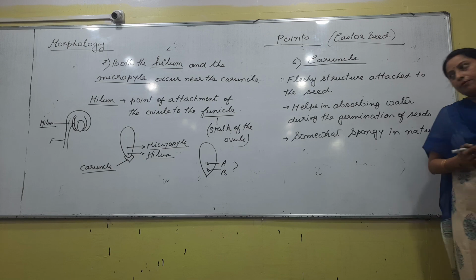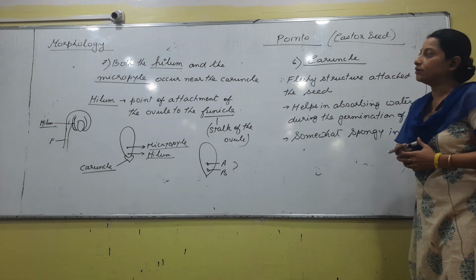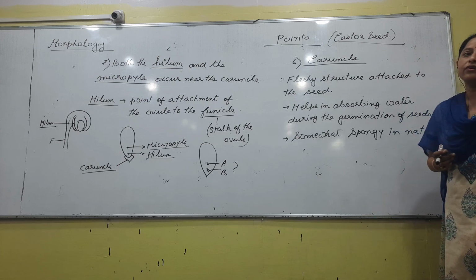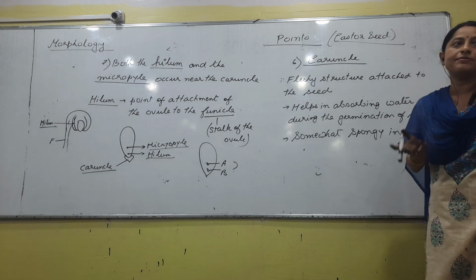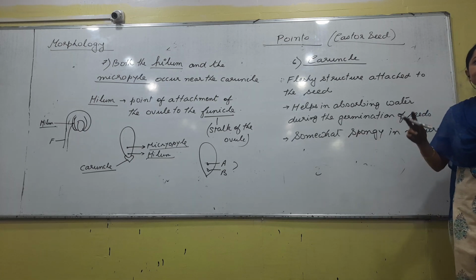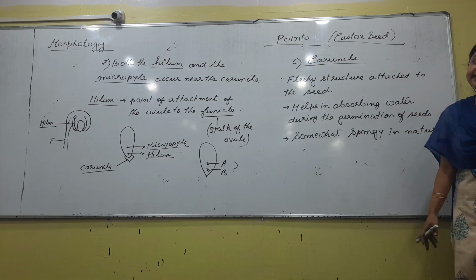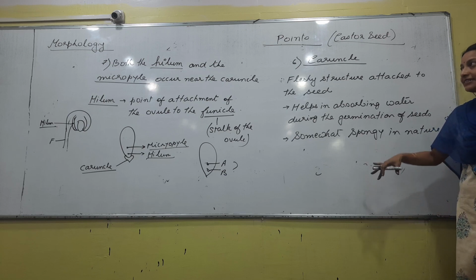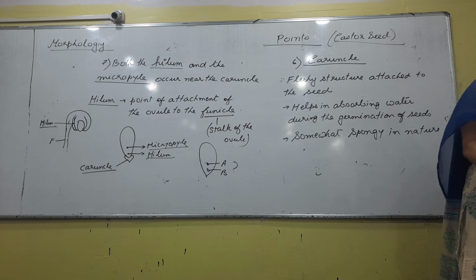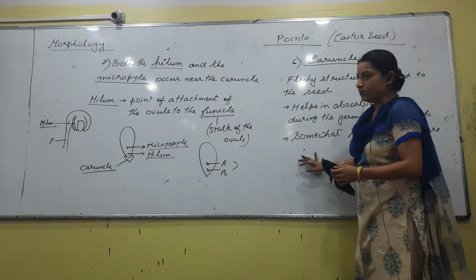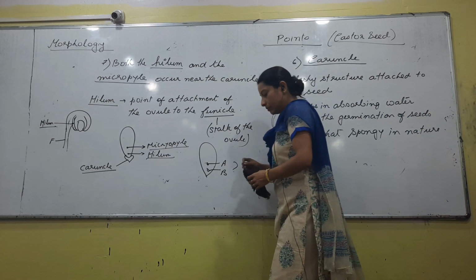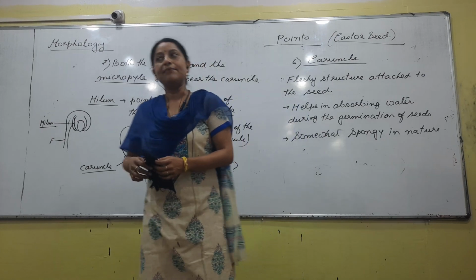So, this was all about the structure of a dicot seed, right? Structure of a dicot seed, two structures we have to learn, endospermous and non-endospermous. Endospermous we have already drawn, non-endospermous, the best example could be a pea seed or a gram seed, right? Next, heading monocot seed. Any questions from this part? Have you understood? Keep in mind the carunculate seed example, okay?